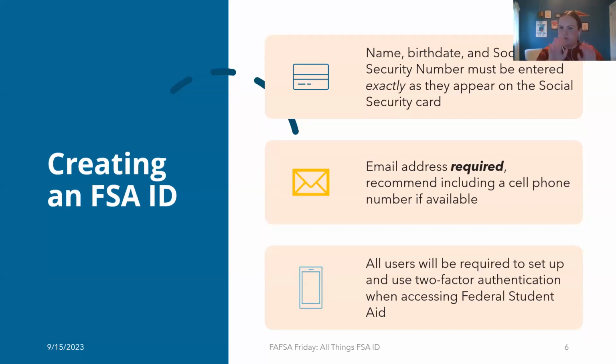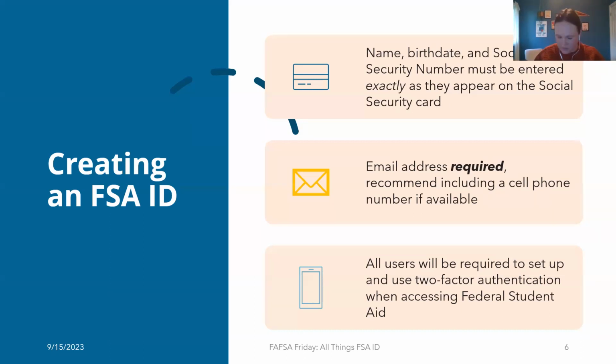That's where you put in your username and password, and the first screen it gives you says we have to send you a code to verify before we can log you in. Do you want it via email, text message, whatever? That's the process that everyone is going to have to go through every time they log into the Federal Student Aid website. So having both an email and phone number on file just gives you more options to navigate that